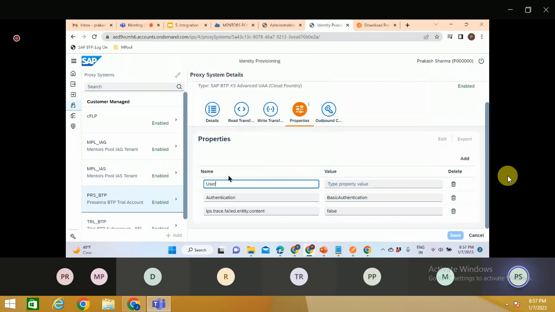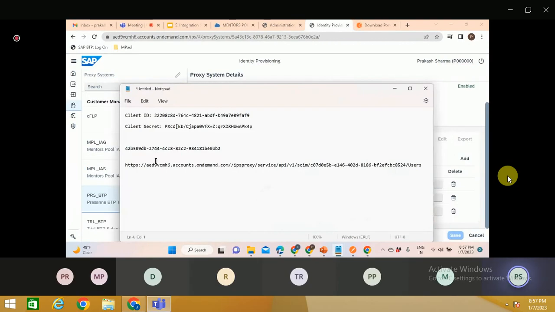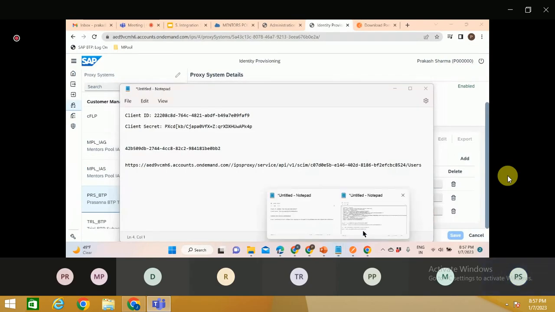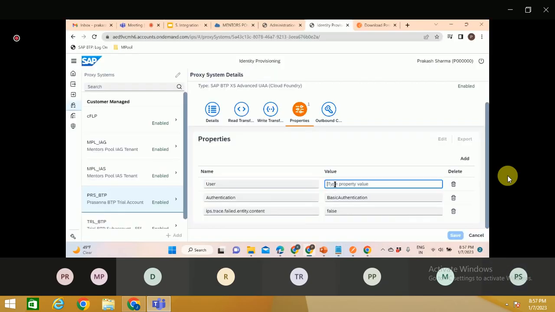Now you have to give the URL, right? These are the most important things you are giving right now, right? So the URL is your,